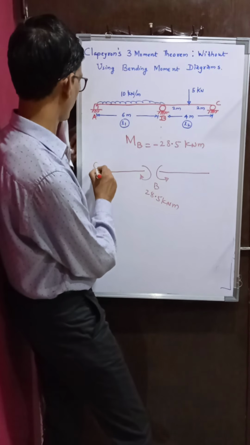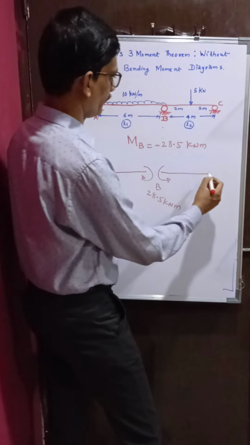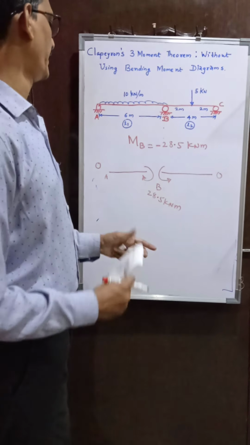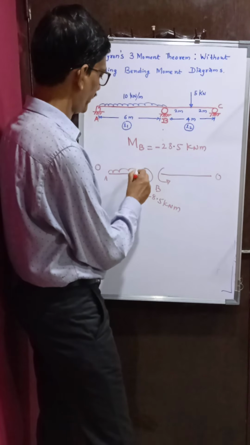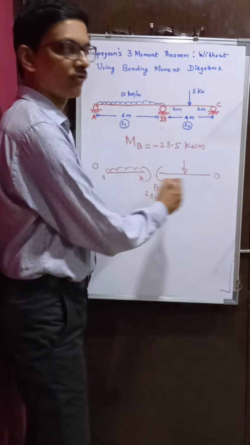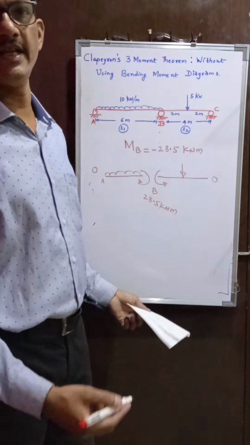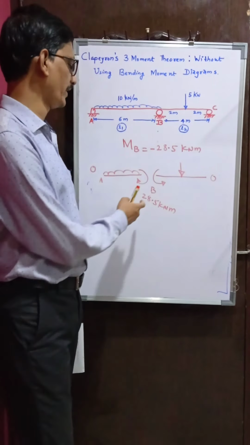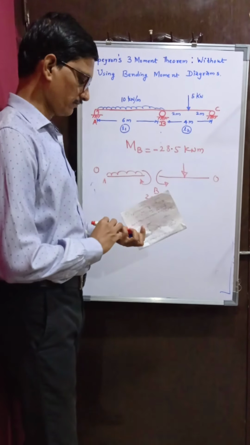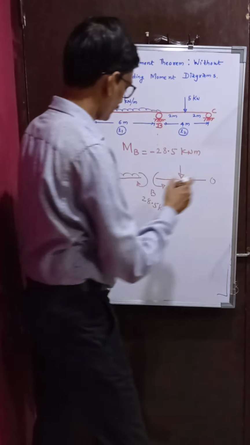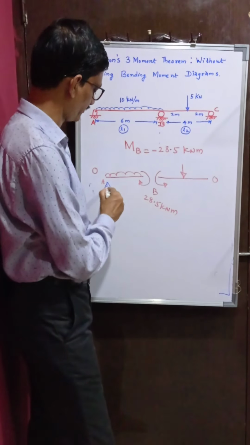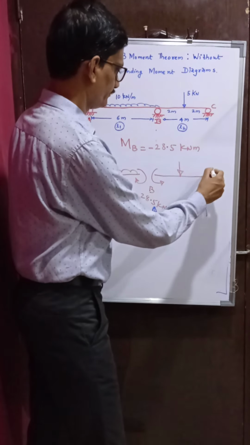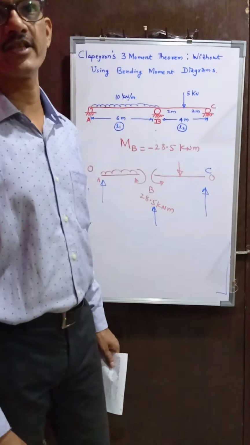So bending moment at A is 0, already we have seen it. Bending moment at C is 0, and therefore once I get bending moment at B and I know the loading, now the beam is no more indeterminate. Now it's a determinate problem because we calculated the bending moment at B. Now by applying the equilibrium equations, or you can say conditions of equilibrium, we can easily calculate reaction at A, reaction at B, reaction at C. We can draw shear force diagram as well as bending moment diagram.